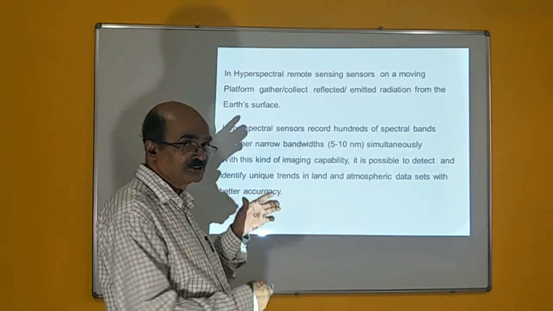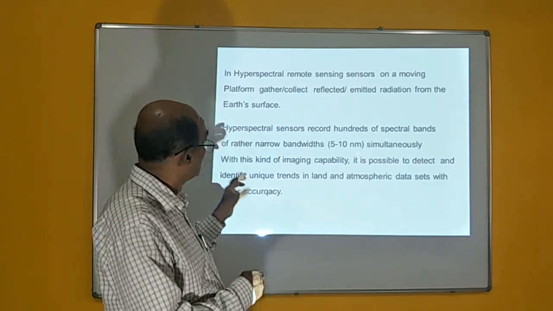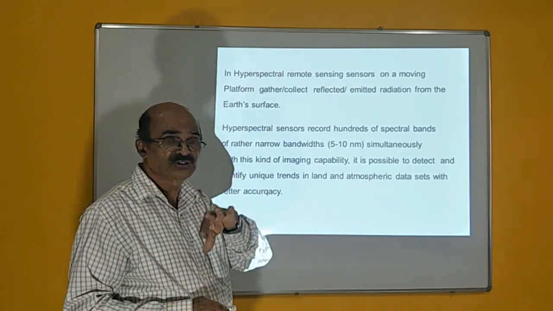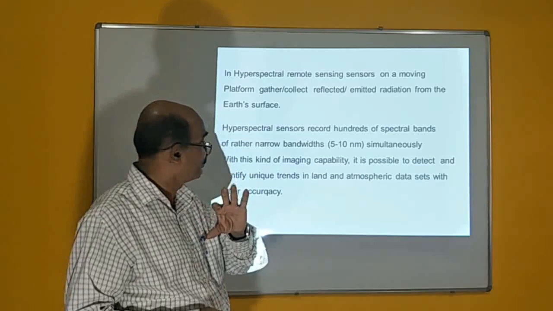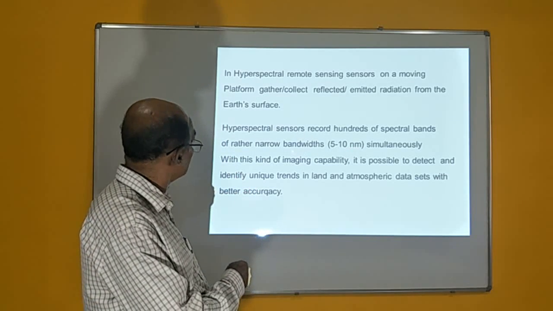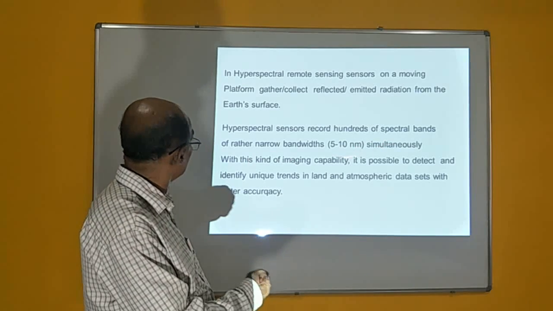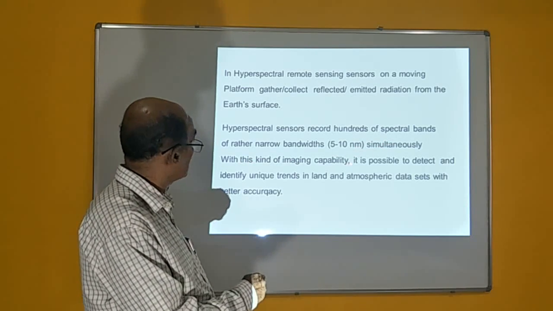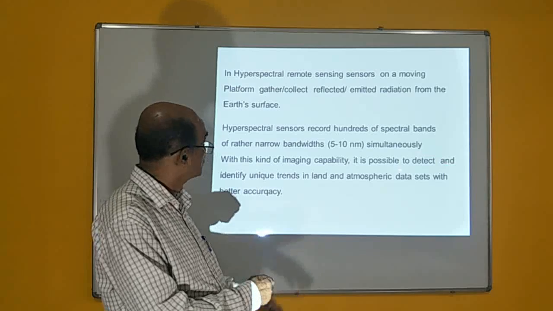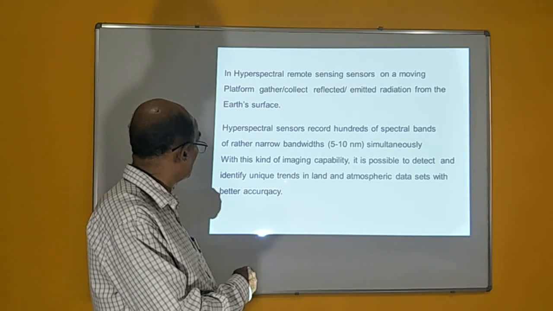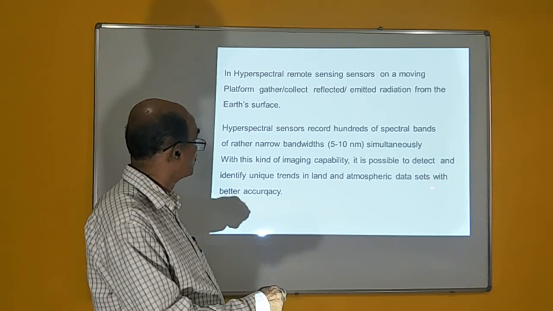See, for example, in case of multispectral scanner, the bandwidth is 500 to 600 nanometer, there is a difference of 100 nanometer. Whereas here, the bandwidth is just 5 to 10 nanometer, and simultaneously it records the signals. With this kind of imaging capability, it is possible to detect and identify unique trends in land and atmospheric data